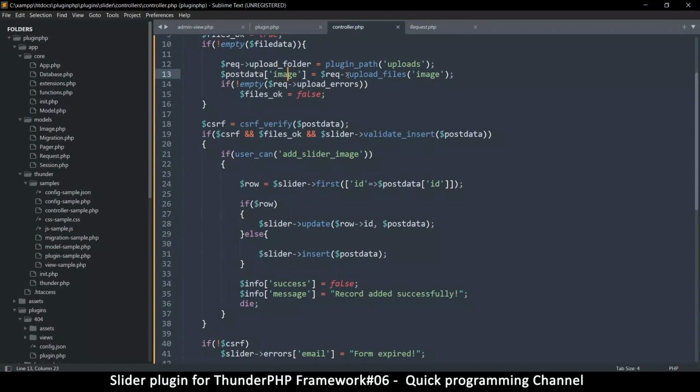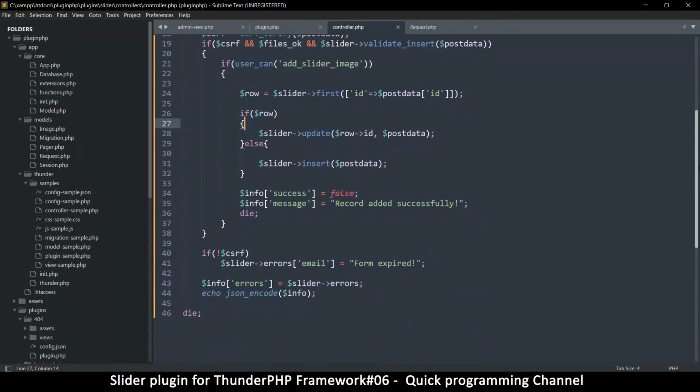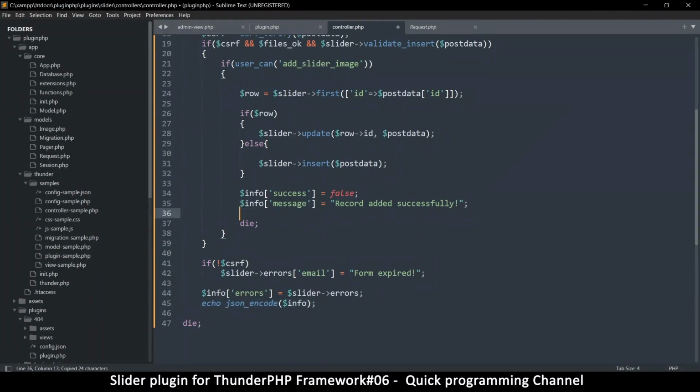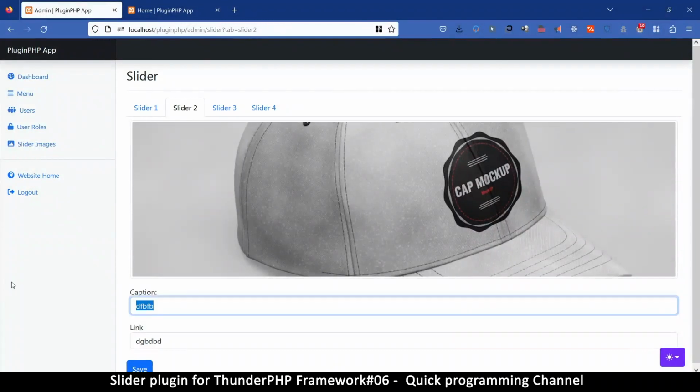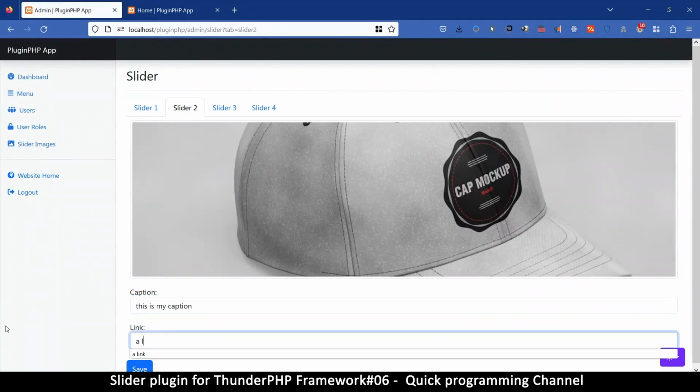Okay, so image, that is cool. Okay, I think everything is good here. So let's give it a try, shall we? So we'll see the result. Oh, this will die here, right? And I don't want it to die. Actually, that's fine. What I'll do is copy this and put it here. Alrighty then. So let's try again, right? We have this. We say this is my caption, a link,